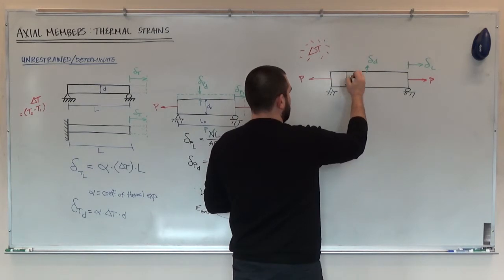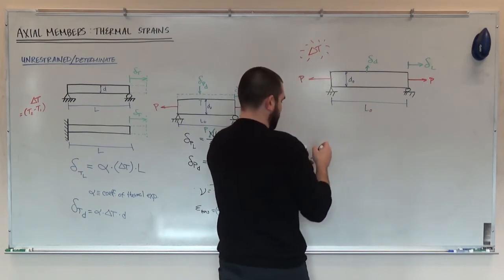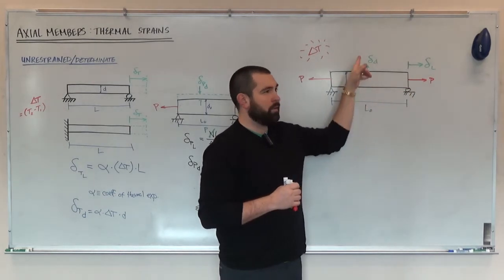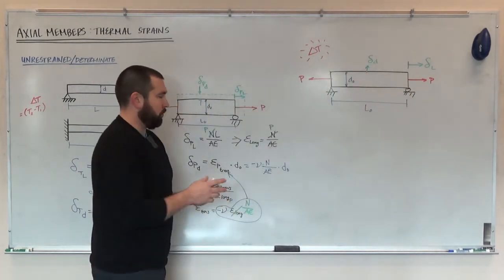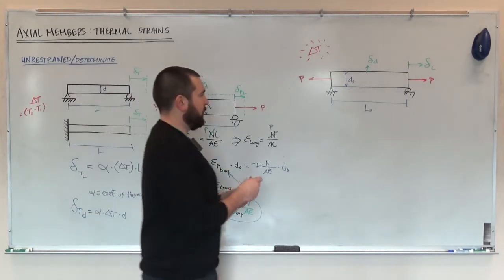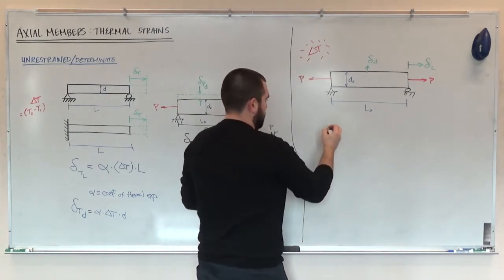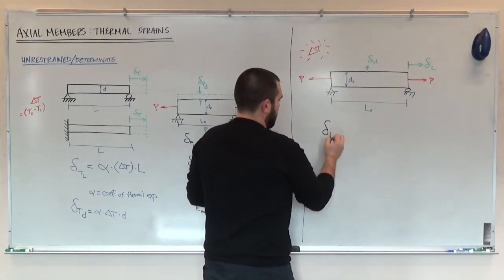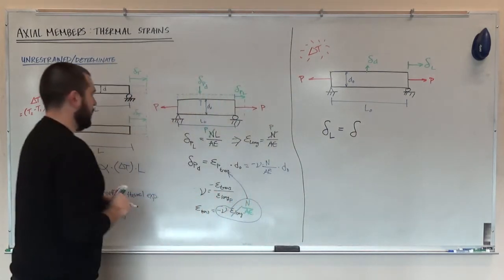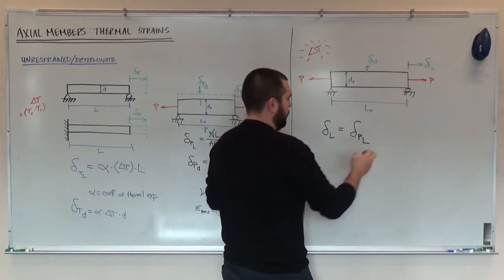Here we have our original width or depth, which is d naught. Here we have an original length, which is L naught. And so our question is, how much longer is this member going to get, and how much deeper or how much wider is it going to get? And it's really just a superposition of the thermal effects and the force-based effects. So here, let's talk about the length first, because that's the easier of the two. So here, the change in length is equal to the change in length due to the applied load P, so delta PL,